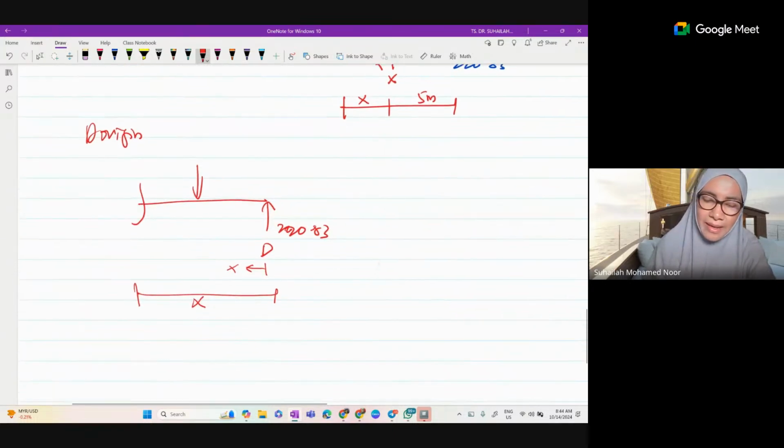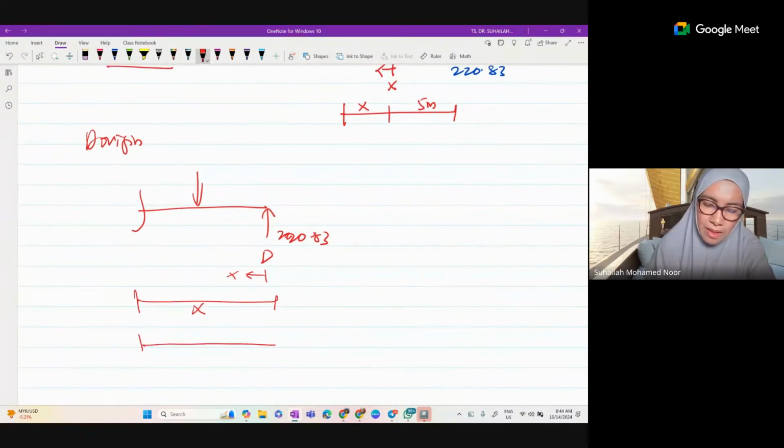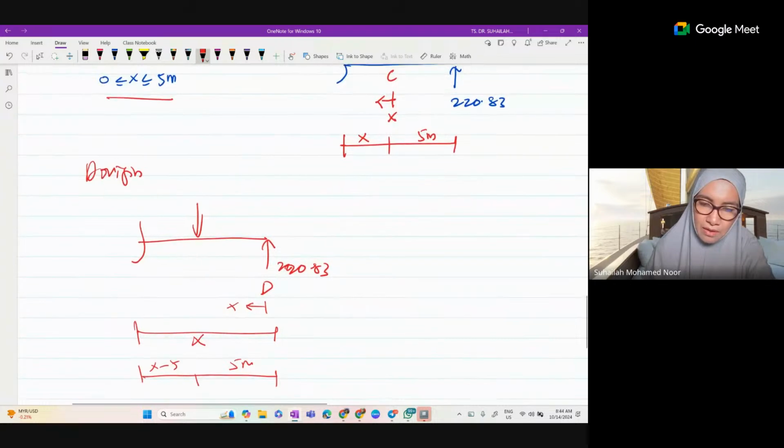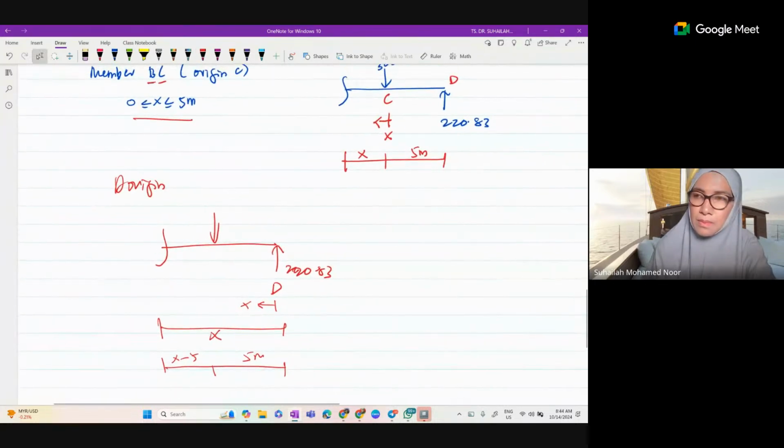The whole is X. So we will get here 5 meter, yang ni X minus 5. Nampak tak the different? Ini writing moment equation. Dan bila yang ni yang kita pilih, X limit ni bukan lagi 0 tapi jadi 5